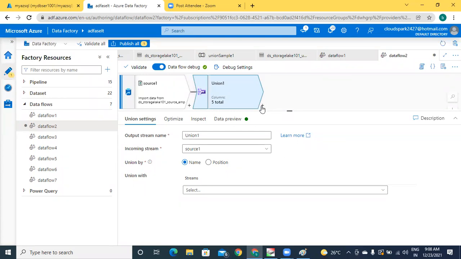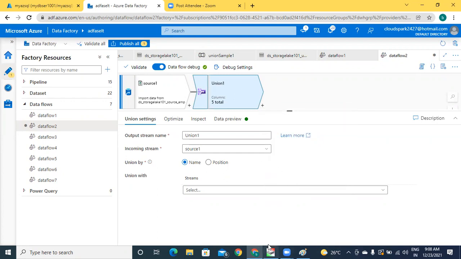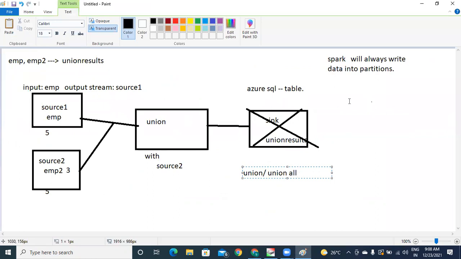Finally, you are going to write the output into sink, right? The schema mapping from column to column, you can map at the phase of sink. Understand? That is not at all an issue. That is not a limitation. That is the regular behavior of the union transformation in data flow. Got it? Majorly, these are the two issues, but you can easily overcome them.